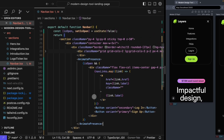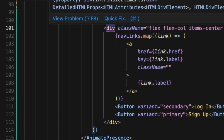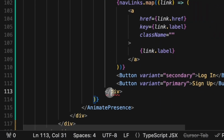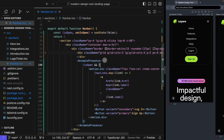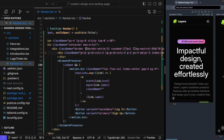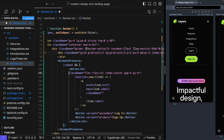Now for this to work, we also need this div inside of this to be a motion component as well. So we're going to switch this from a div to motion.div, and we're going to do the same thing with our ending div. We're going to replace it with a motion.div. After I hit save, let's just see what happens by default. We're probably going to change what happens, but let's see if anything changes. So let me go ahead and close this, open it back up. Okay, so far, nothing has changed because we haven't given this any props to tell it what to do at